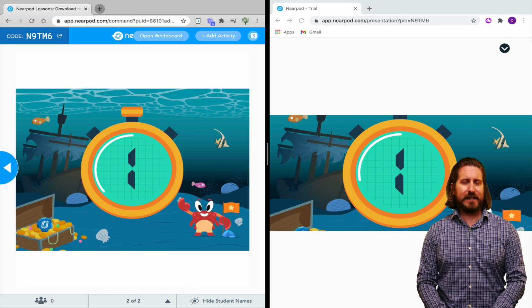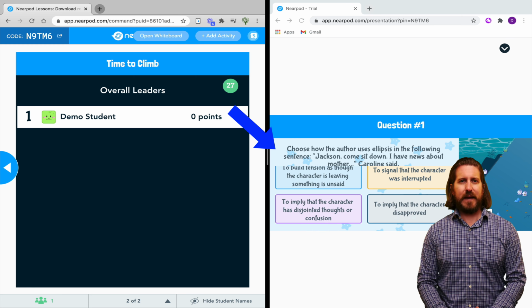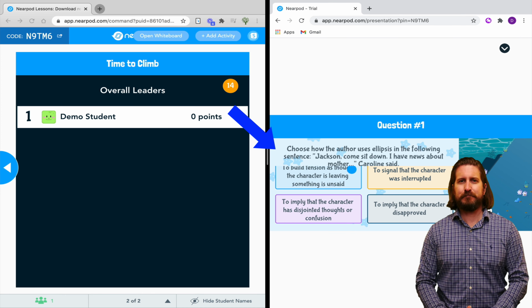Then once you get students into the lesson, you'll have a quiz review game already set up in a fraction of the amount of time it would take you to write your own questions and answers.